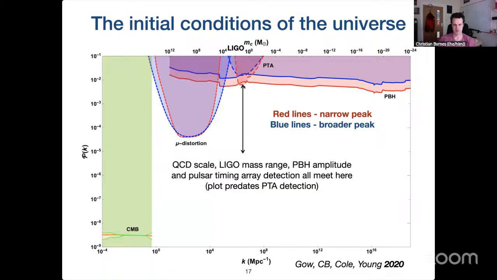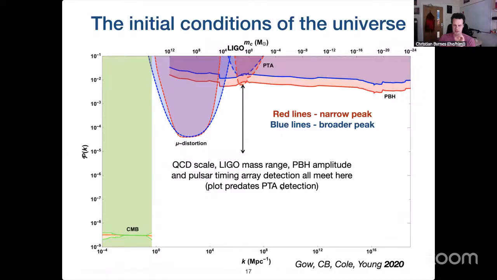Okay, how this relates to primordial black holes. You can see, either by coincidence or by a hint of exciting new physics, that the amplitudes required are almost exactly the same. Meaning if pulsar timing arrays are seeing the impact of scalar-induced gravitational waves rather than all the other potential reasons, we should also be seeing primordial black holes with the corresponding mass. Again, you can map from frequency to length scale to horizon mass, of around the solar to 100 solar mass, which is exactly where LIGO, Virgo, KAGRA are sensitive.